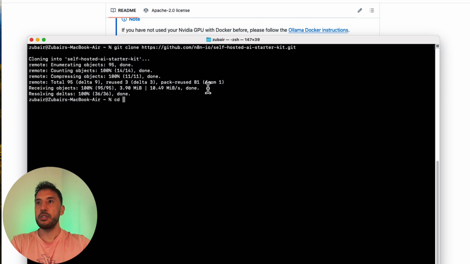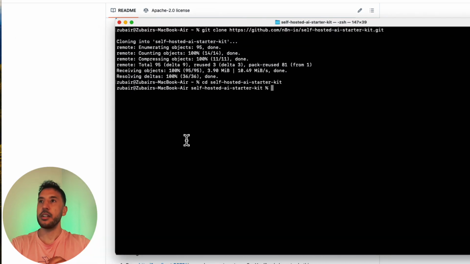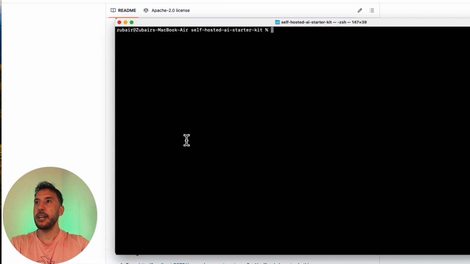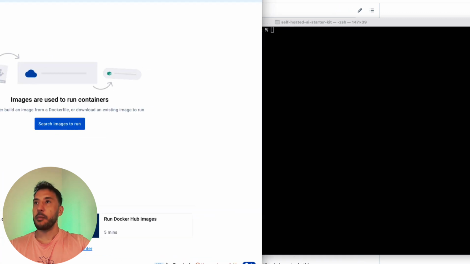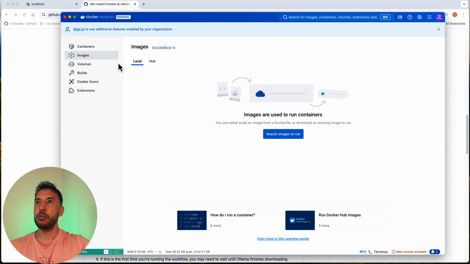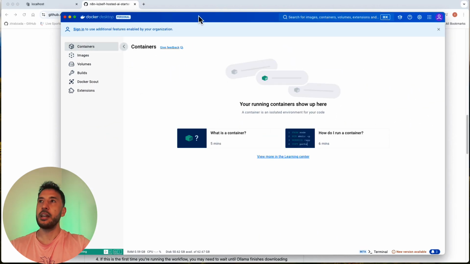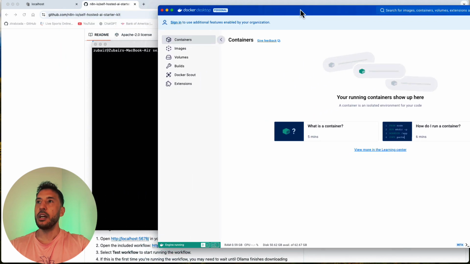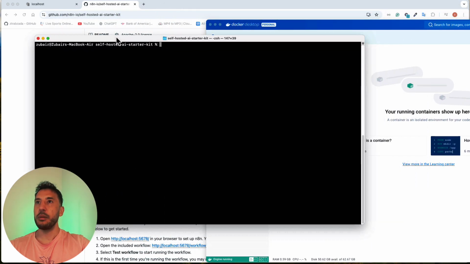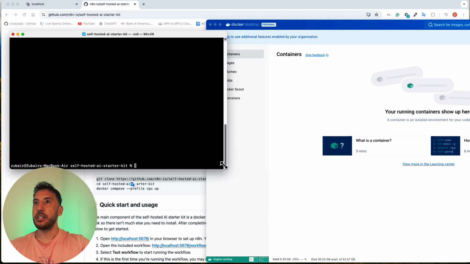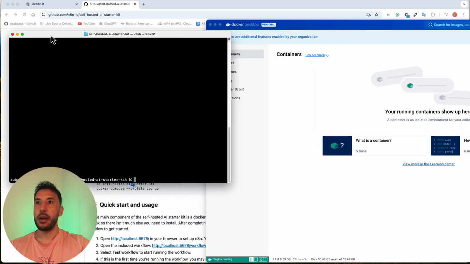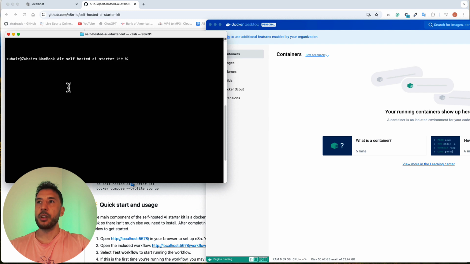So now the next step is you just need to cd into that folder that got created. Okay, so I'm going to press enter. All right, so now we're inside that folder. Let me clear again. All right, great. So before we move to the next step, let me quickly pull up my desktop Docker app. So if you see right here, right now, I have no images here and no containers. So that way you can see that it's empty right now. And then as soon as we go through and enter this, we'll be able to see that all of those containers and images are going to show up on our desktop app. So this is always a good way to double check and make sure everything is getting loaded properly.